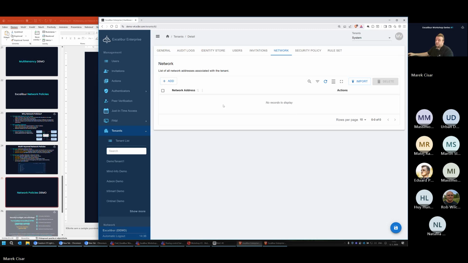Notice, when there is no such network policy configured, it means that tenant communication is allowed everywhere, to every system, not only internal but also external, also the internet, or some other private network segments or subnets.